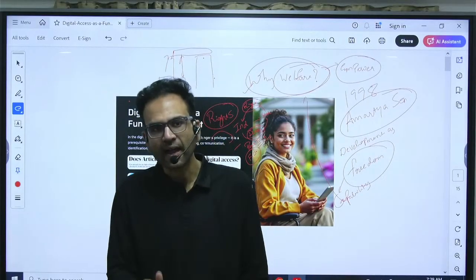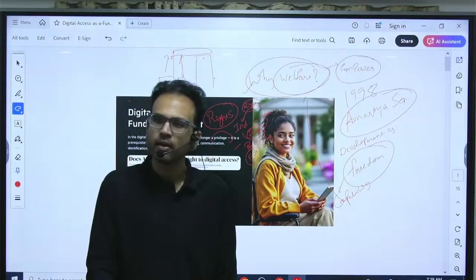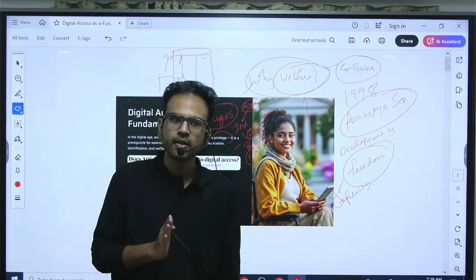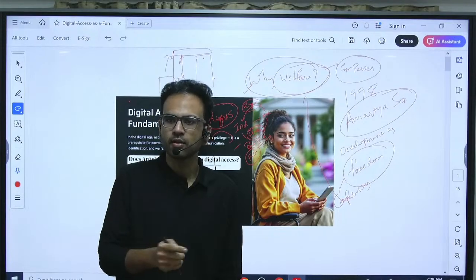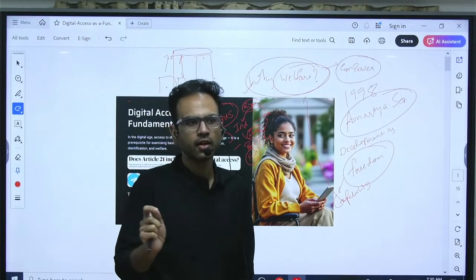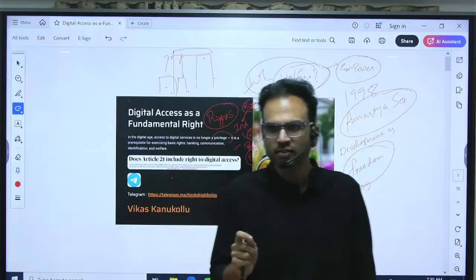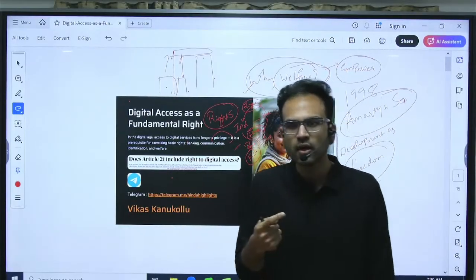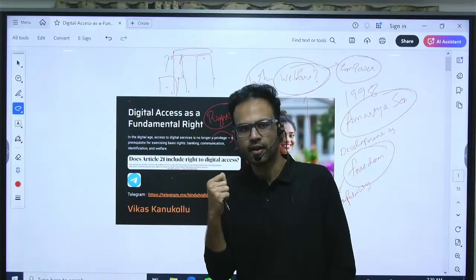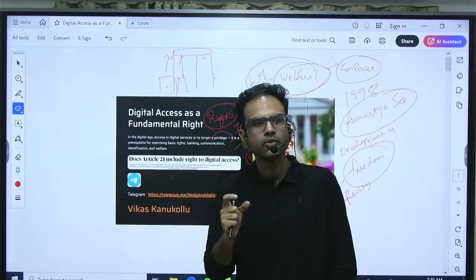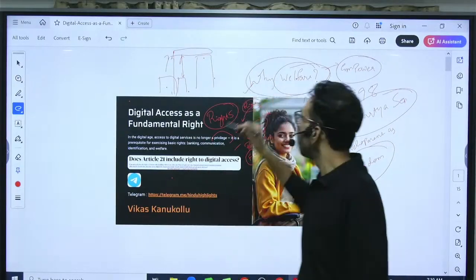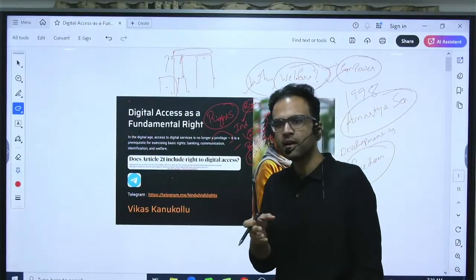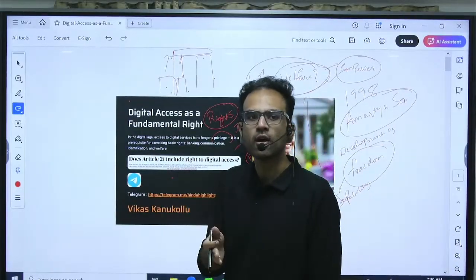So any activity taken up by the government in terms of governance cannot be a disruptor for any section of the society, and if it is the case, we need to take measures to correct it. So Digital India, which is supposed to be an enabler to empower, if that very Digital India is becoming a roadblock,